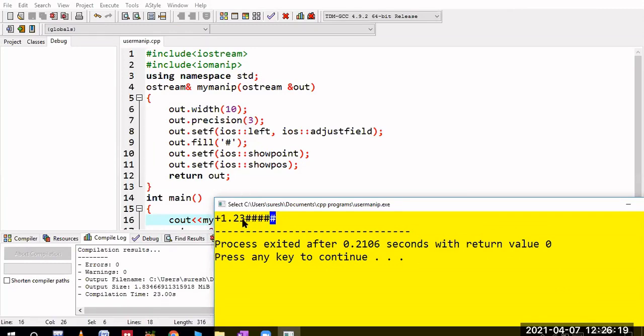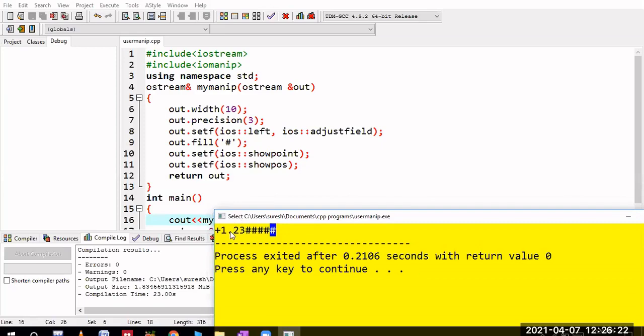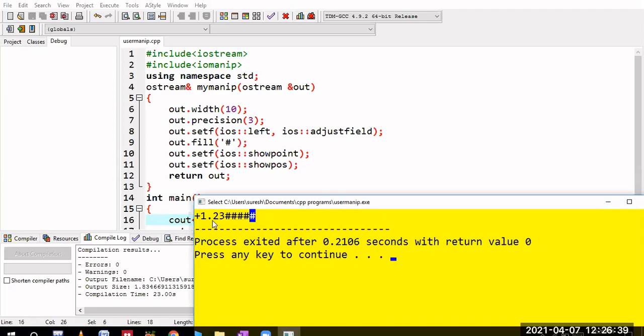And precision is also 3, because precision is always nothing but the digits before the decimal point and after the decimal point. If you combine both, how many digits should be there, that is your precision. Because before the decimal point 1 is there, and after the decimal point 2, 3, so there are total 3 digits. In some compilers it is treated as how many digits should be there after the decimal point, that is your precision. In some of the textbooks also they write like this, like after the point how many digits should be displayed, that is indicated by this precision. But in practicality what it is doing is, before the decimal point and after the decimal point, how many digits should be there. That is your precision. Clear? Left clear, right? Yes, sir.